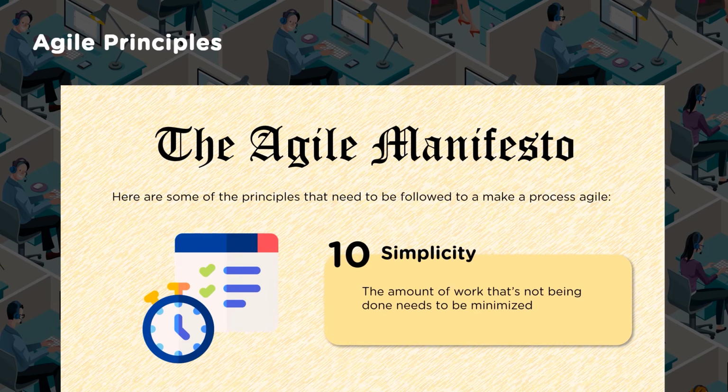Simplicity: the amount of work that's not being done needs to be maximized. Meaning, when we say simplicity, it doesn't mean less, right? It means the appropriate number of tasks, the minimum number of tasks which need to be done, and mostly all non-value-adding activities and processes would be removed. They have to be removed. The more optimized and simpler the handling of things is always good, so that only what is required is done. So it is very clearly visible and there will be clarity.